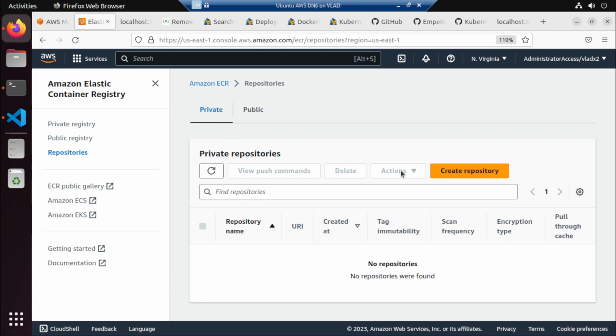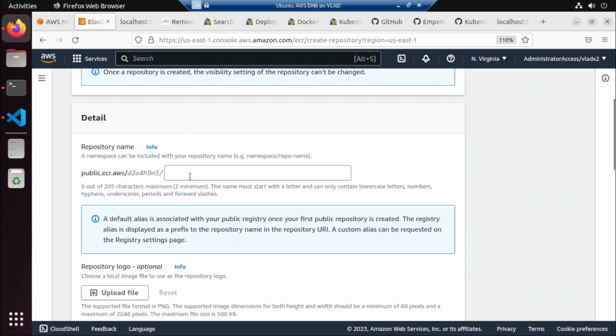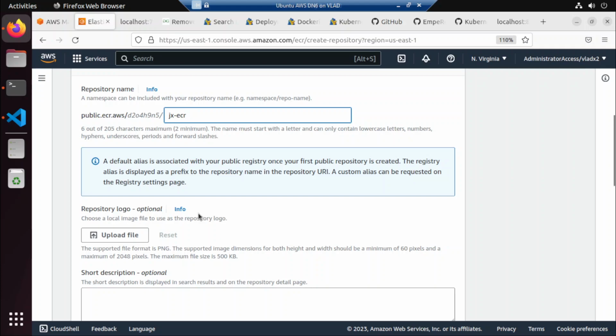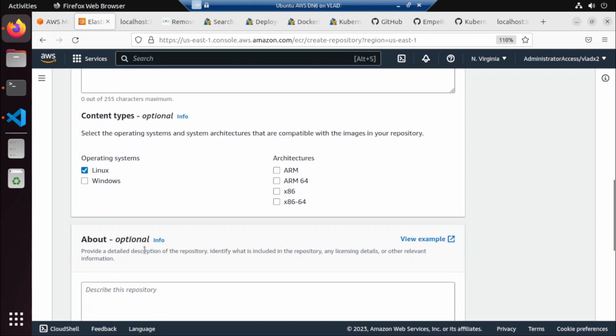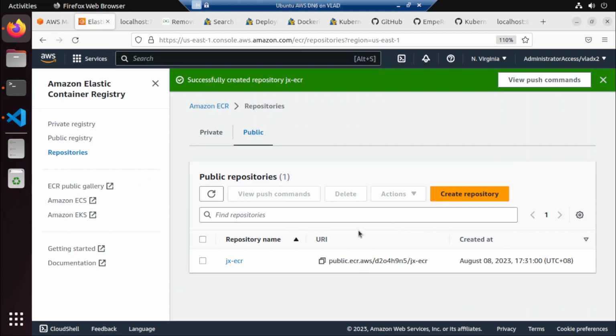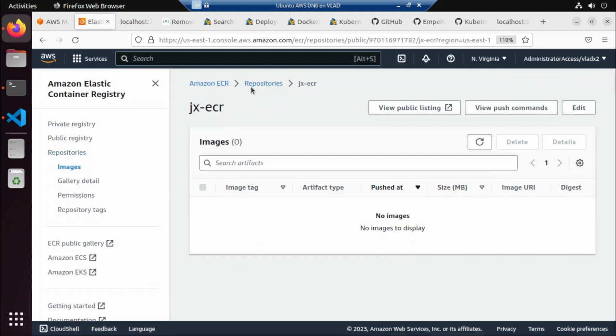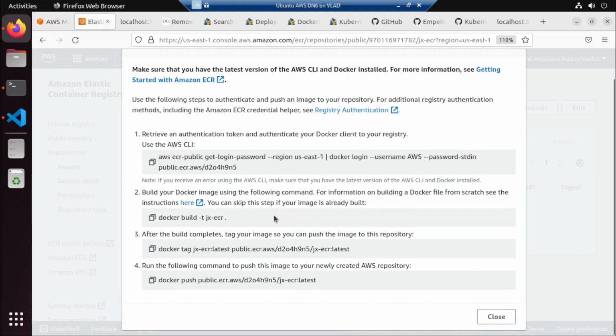Go to our, this is going to be private, and then Linux, and then create. And then this is the URI. Push command